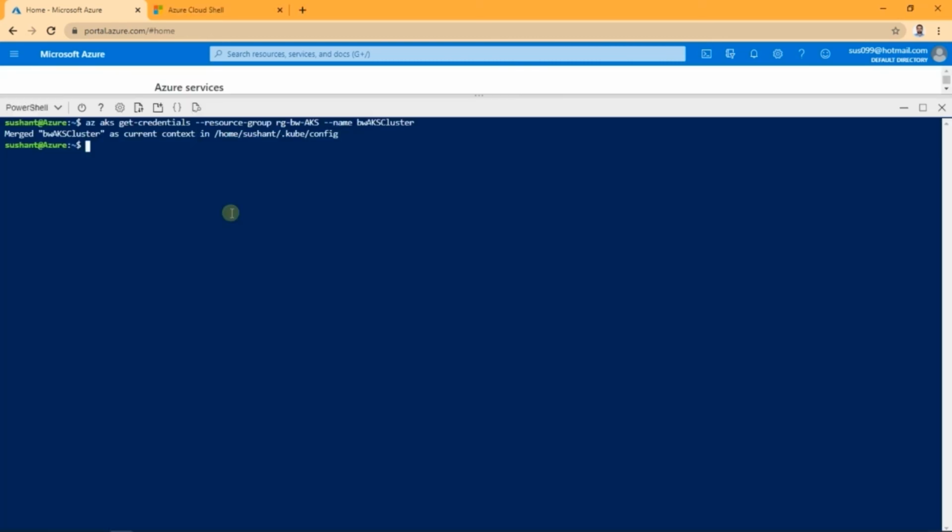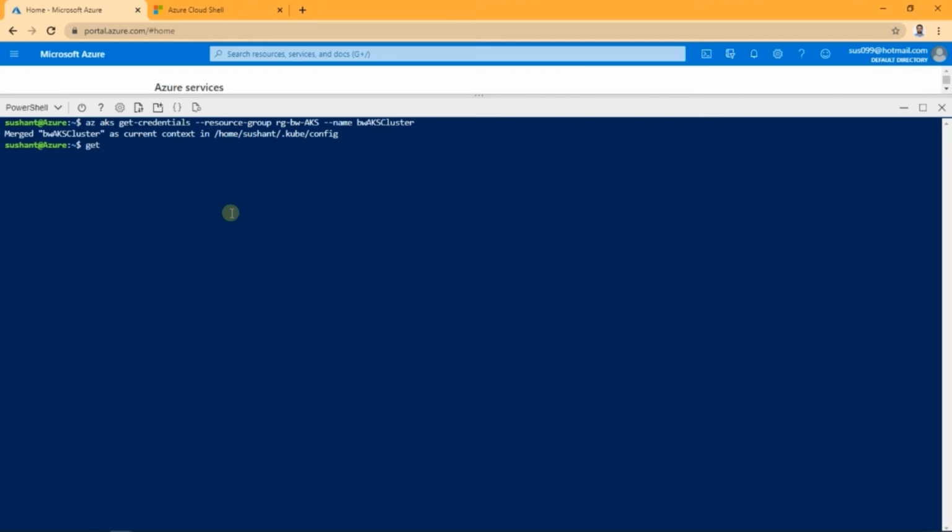To connect to the cluster, I need to use az aks get-credentials, resource group RGBW AKS, and the name of my cluster is BW AKS cluster. I just connected to the cluster, whose configuration is already stored in the .kube folder. Inside the .kube folder, the config file is there.